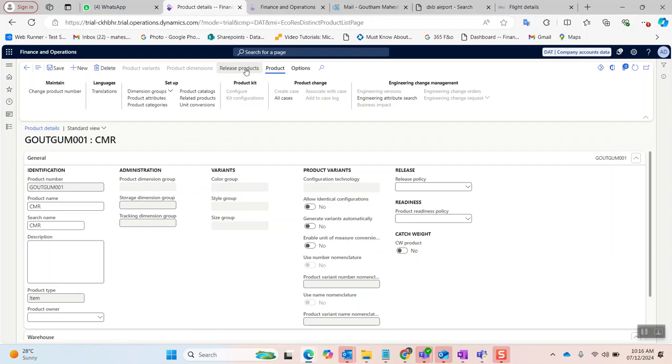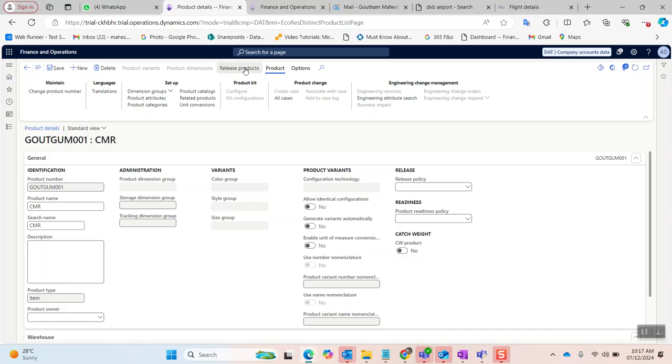Okay, so what this release product will do, as I said, is that the transaction for transactional purposes of that particular legal entity, to maintain the stock, or to issue or reissue stock, which transactional data will be done after releasing to the respective legal entity. Like for example, if I want to